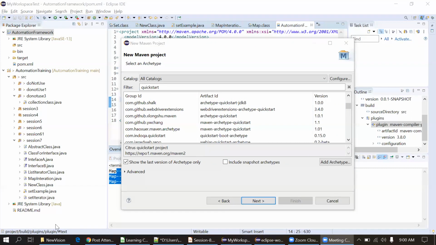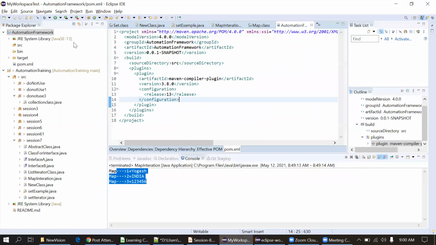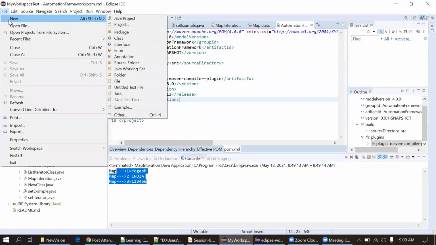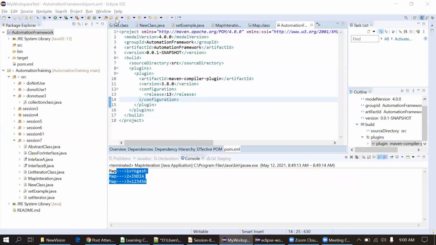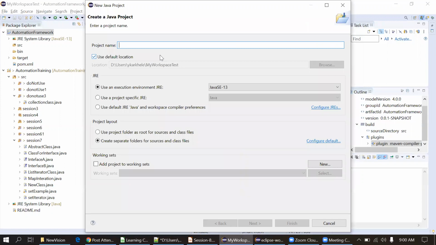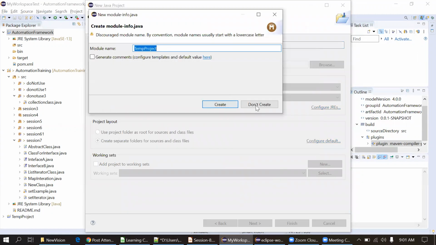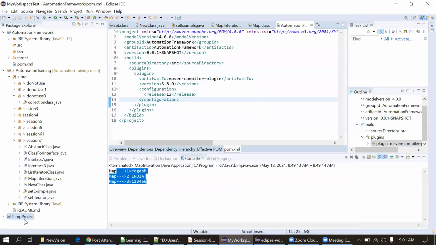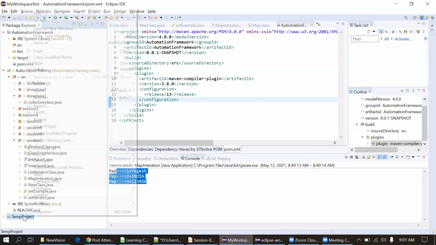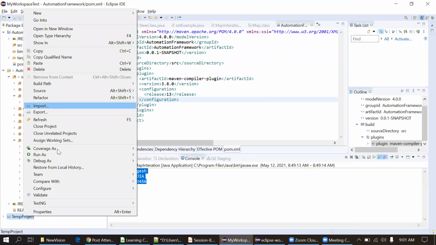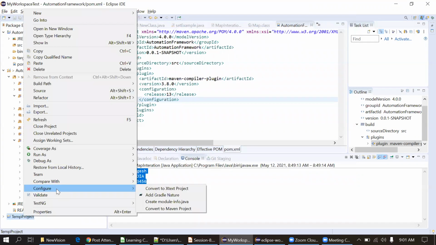And the second way, I will explain again. I'm canceling this and creating a Java project again to show you. New Java project. Temp project, I'm just giving this name because I'm going to delete that project. Finish. I right click on this project, configure.